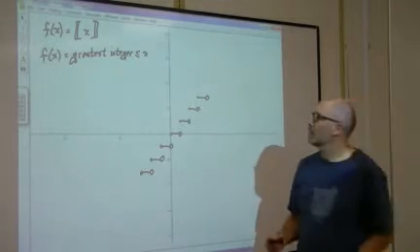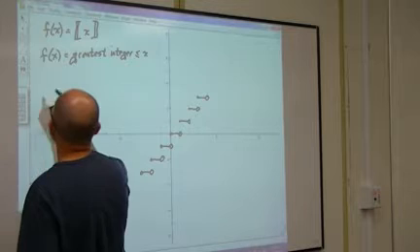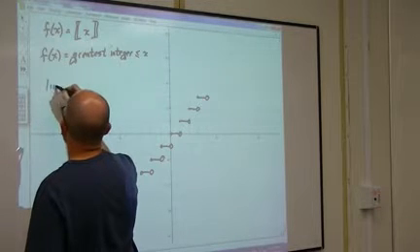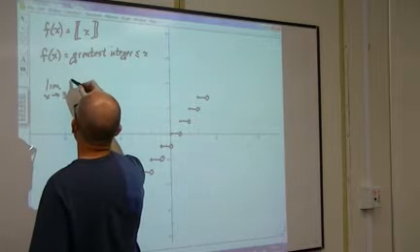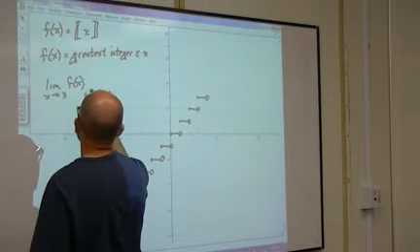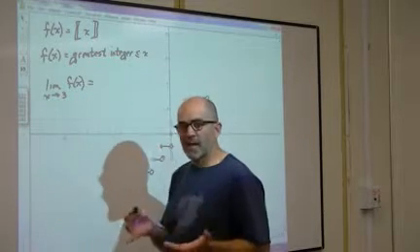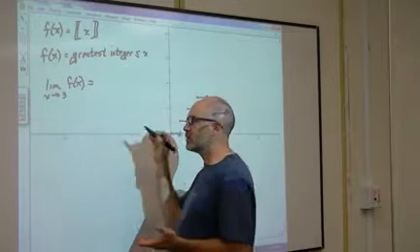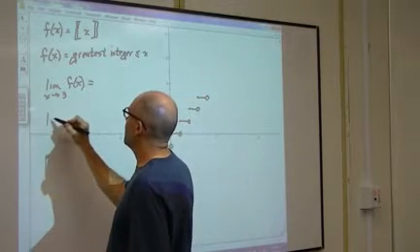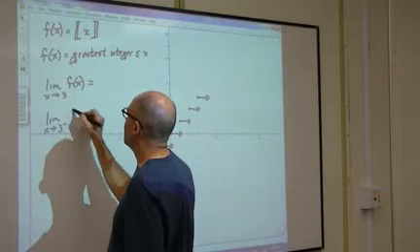So the limit as x approaches 3 of f of x equals what? Well, every time we have a limit we're not sure of, we need to check the left-hand limit and the right-hand limit. So the limit as x approaches 3 from the left,